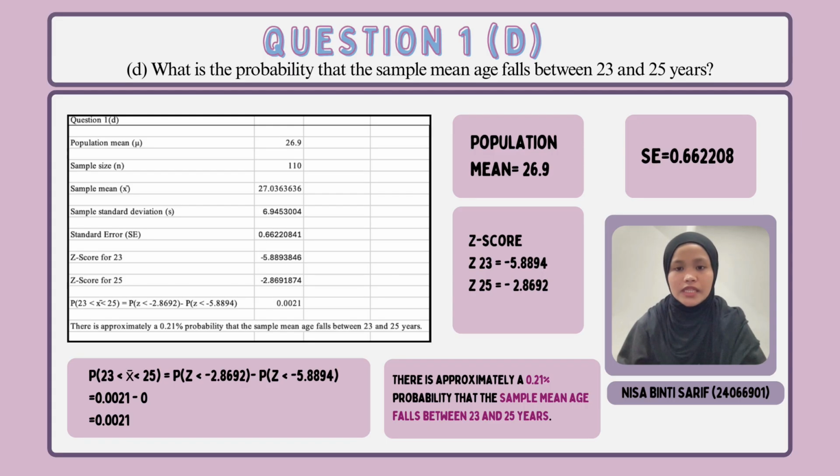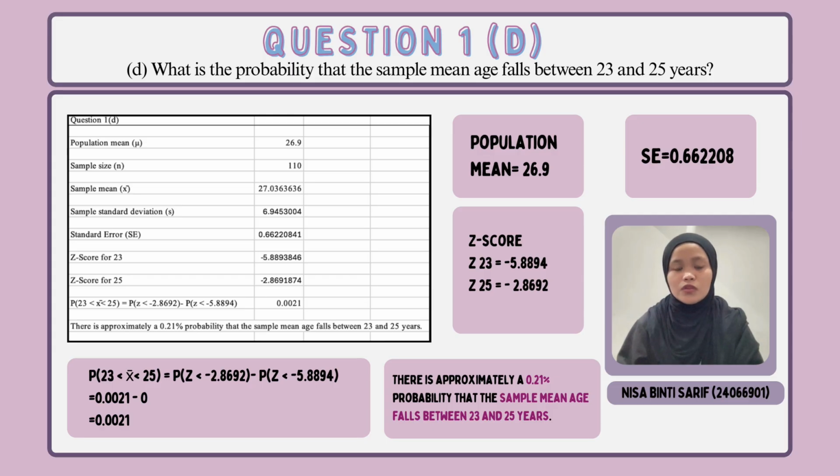I will be presenting question 1D. What is the probability that the sample mean age falls between 23 and 25? From question 1, it was given that the population mean is 26.9. And from the data set, I get the sample size of 110. With the calculation, I get the sample standard deviation of 6.9453. Next, for standard error, I divide the sample standard deviation by the square root of sample size, and I get the answer of